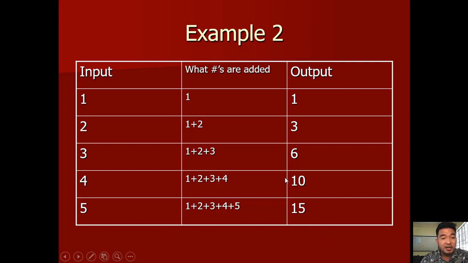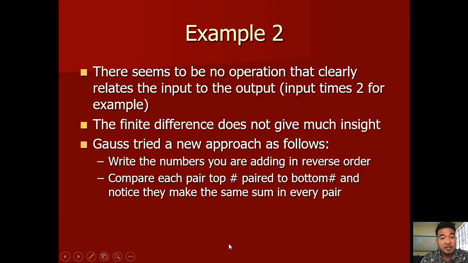From this table, I know that there is already a pattern that we can get, no? A pattern that we can use to solve our main problem, which Carl Friedrich Gauss also saw. There seems to be no operation that clearly relates the input to the output. Input times 2, for example. Okay? The finite difference does not give much insight. Medyo mahirap, no? Hindi katulad kanina nung nag-add tayo ng